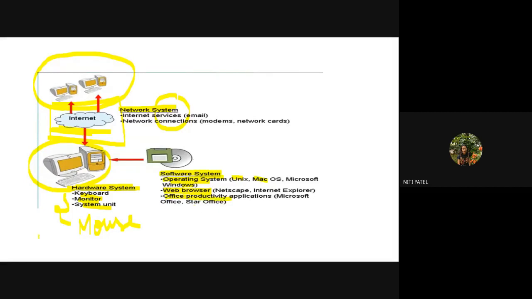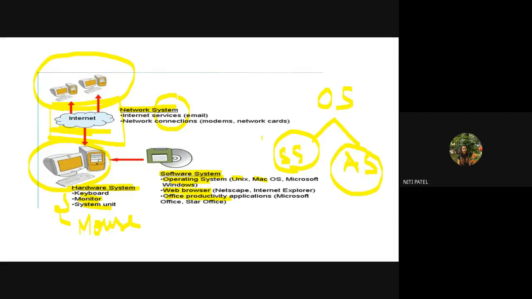Your operating system, as I said, is divided into two types. One is system software and another is application software. Now, what do you mean by system software? Which comes when you buy the system. And what are application software? You install it on your own because you have your own purpose.